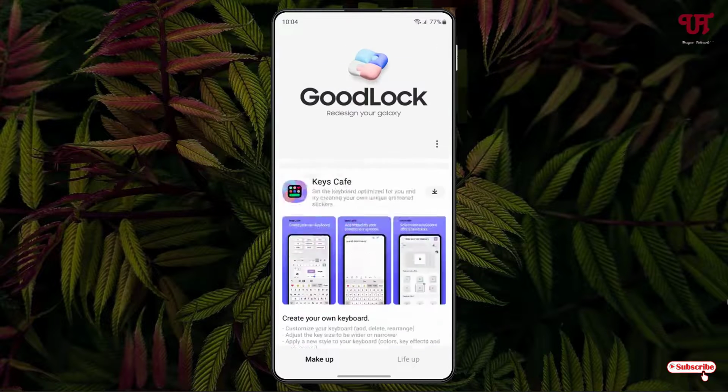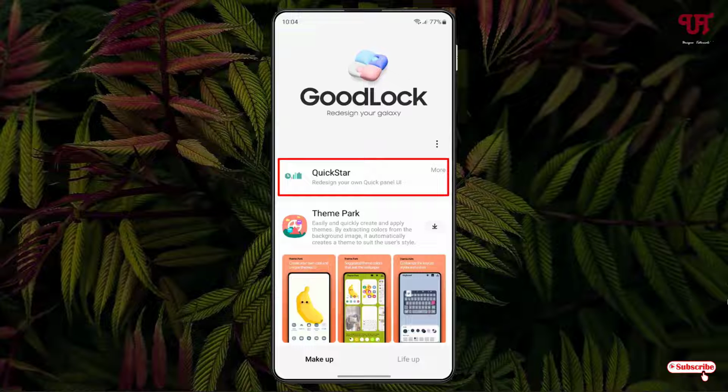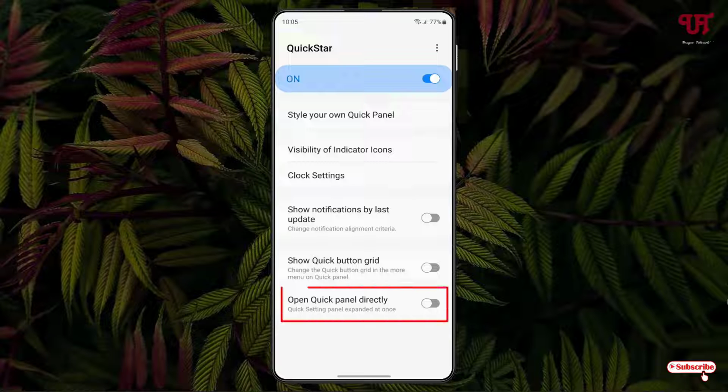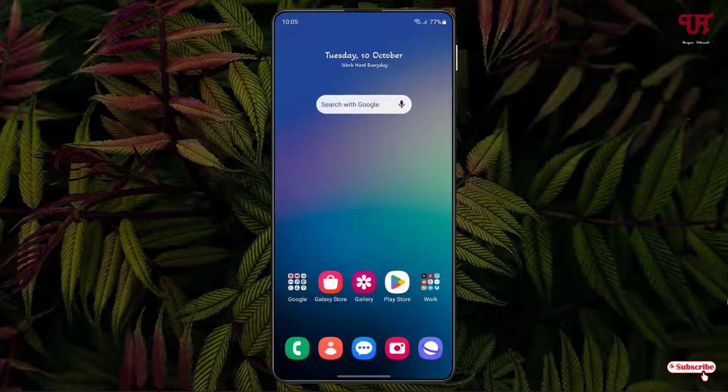Now scroll to the top. You will see Quick Start has been installed. Now just tap on it. Now just enable this option, and at the bottom you will see one option written open quick panel directly, right? Just enable it. Now let us minimize it, and now whenever we swipe down from top, you can see